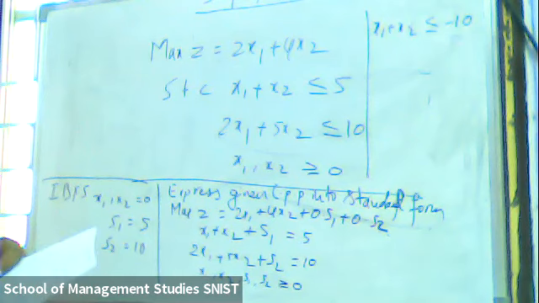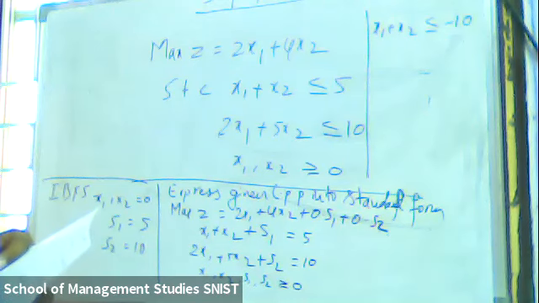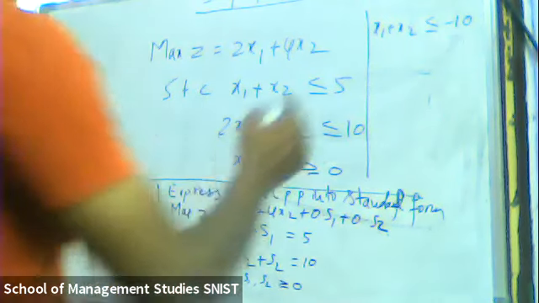What is that? It should be non-negative. Okay, so simple here, what we need to do to make it non-negative is multiply both sides by minus 1. So now can you please tell me this equation?